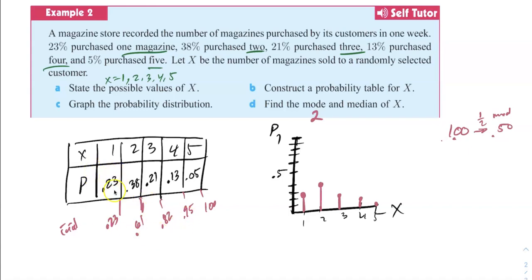So at the end of 1 I'm at 0.20, at the end of 2 I'm at 0.58, and you keep on going. But remember, we're trying to find the median. The median is halfway, so 50%. Where does 50% fall? Somewhere in 2 I get 50%. I went from 20% to 58%, so 50% must have ended up in the 2s. So my answer to both of these is 2.